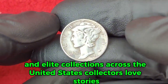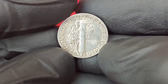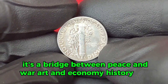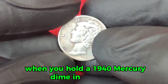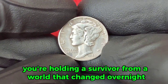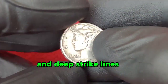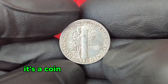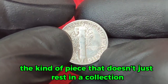Collectors love stories, and this coin carries one that blends beauty, rarity, and resilience. It's a bridge between peace and war, art and economy, history and hope. When you hold a 1940 Mercury dime in your palm, you're holding a survivor from a world that changed overnight. The fine condition, natural gray tone, and deep strike lines are everything a numismatist dreams of. It's a coin that hums with quiet power, the kind of piece that doesn't just rest in a collection, it